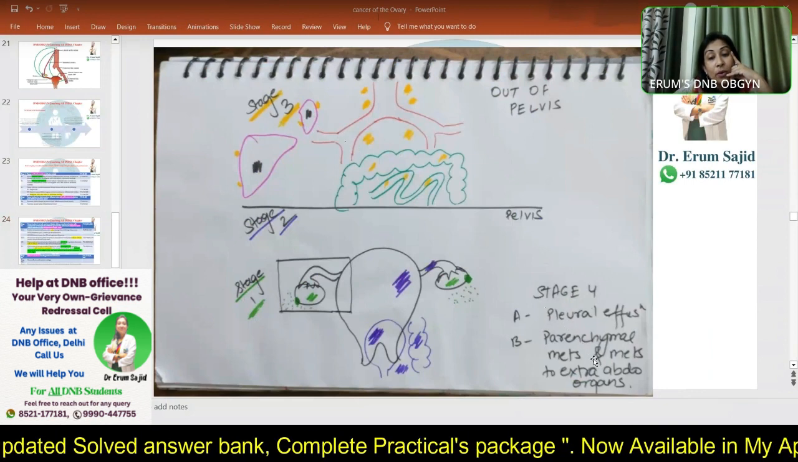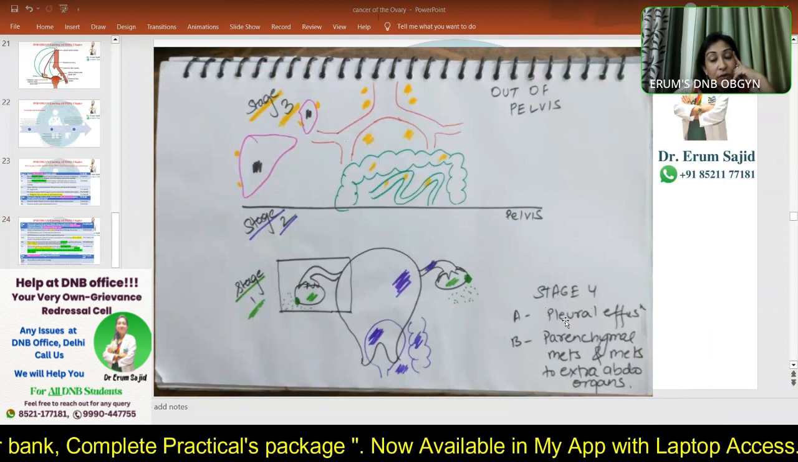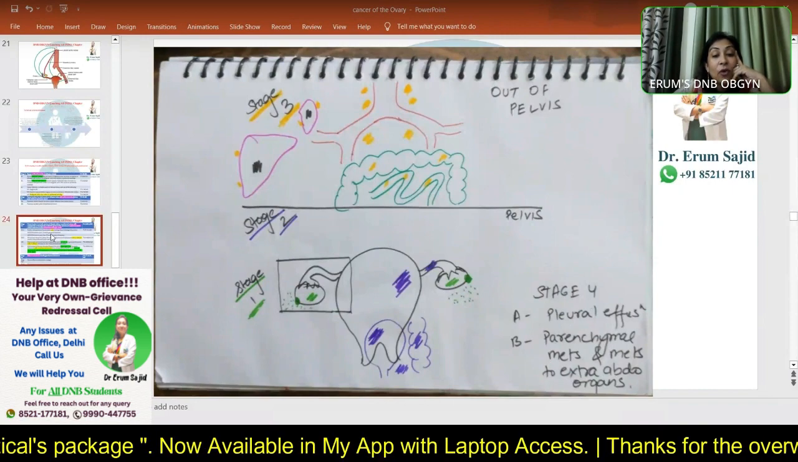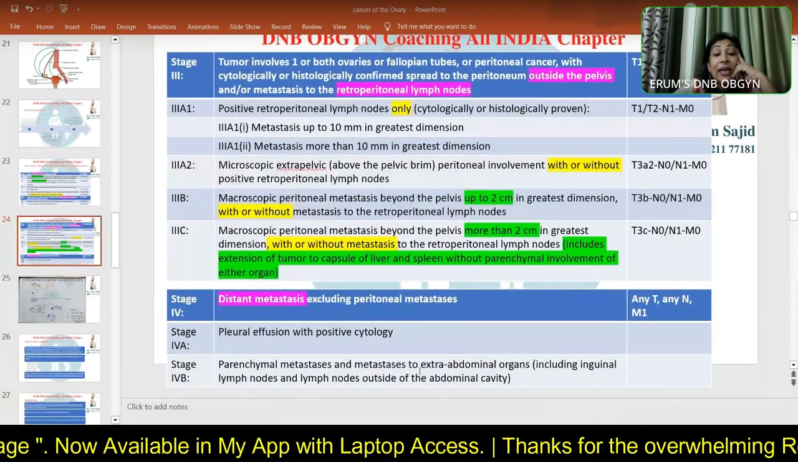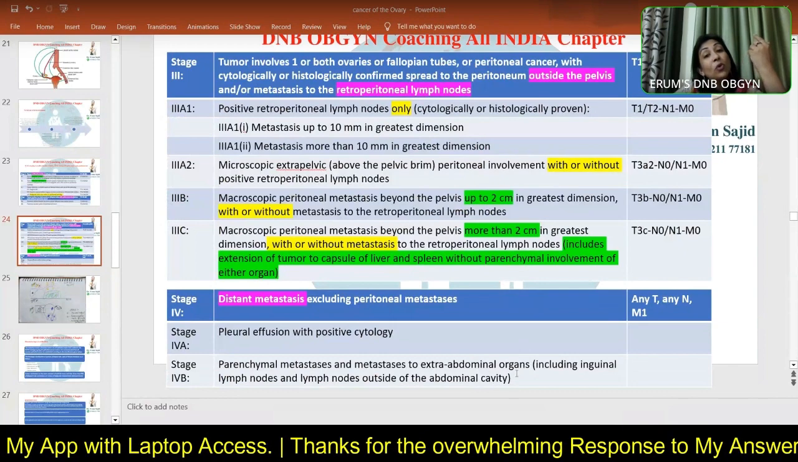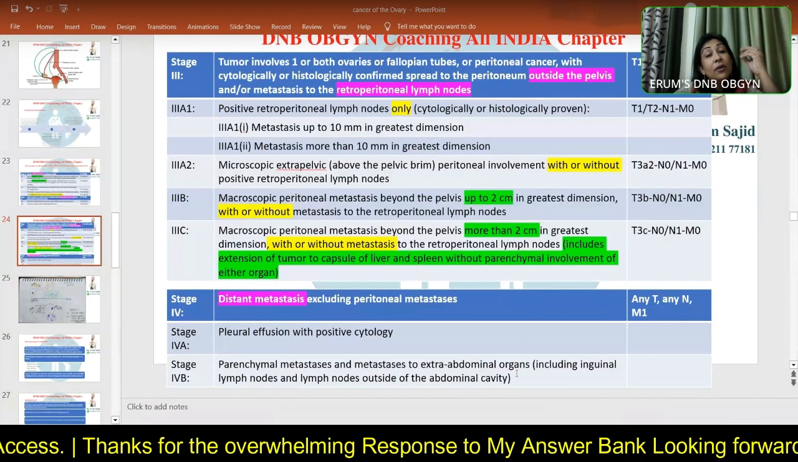But if the parenchyma is involved, it becomes stage 4. Like I told you, stage 4A is pleural effusion, and stage 4B is parenchymal involvement of extra abdominal organs. Extra abdominal organs, I'm talking about all. Lungs, liver, brain,